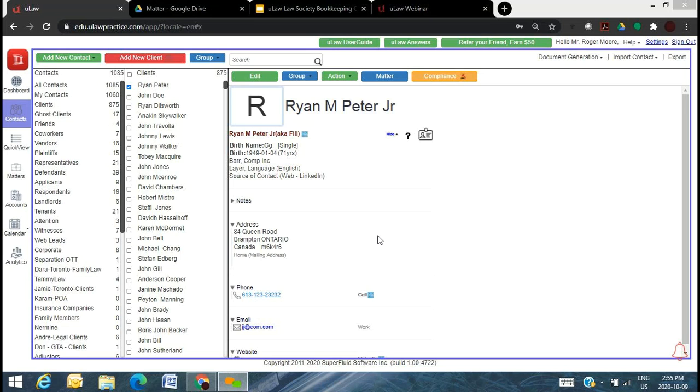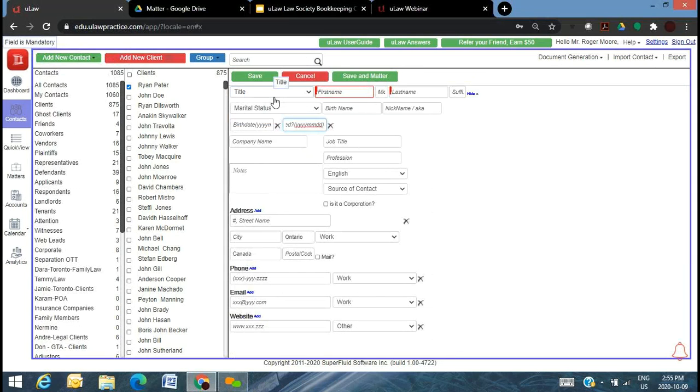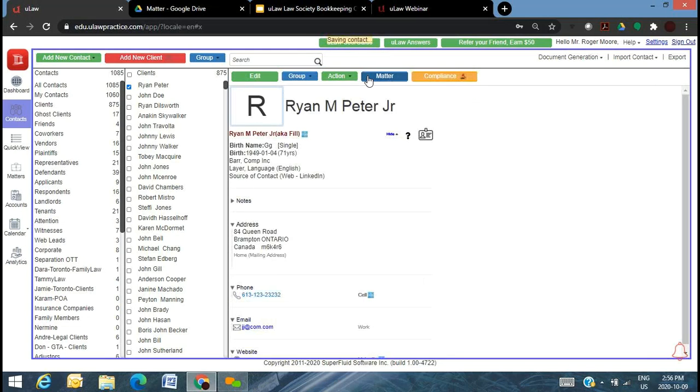So just to show you in terms of the transactions and how it makes its way into these documents, let's just quickly create a client. I'm just going to come up with a random name. And for purpose of today's demo, I'm going to skip the whole filling of information. I'm going to just save and create a matter.